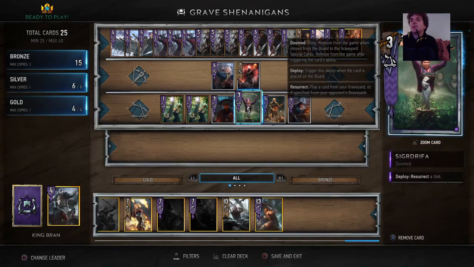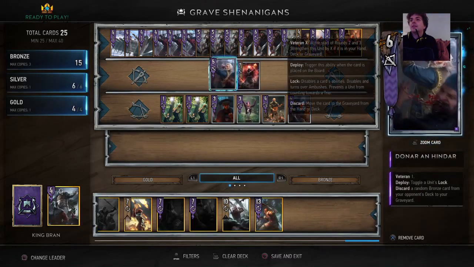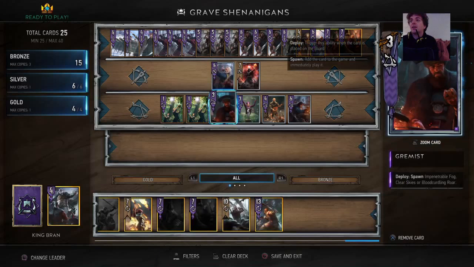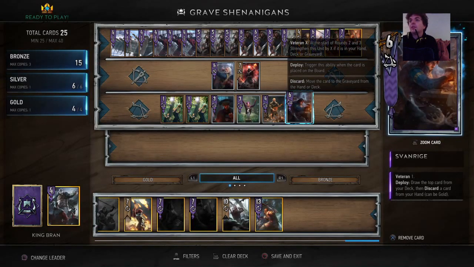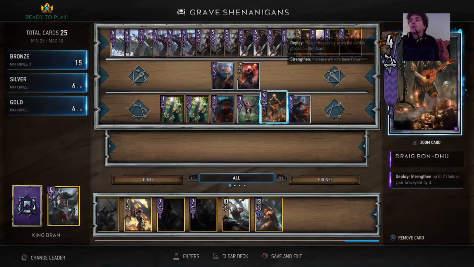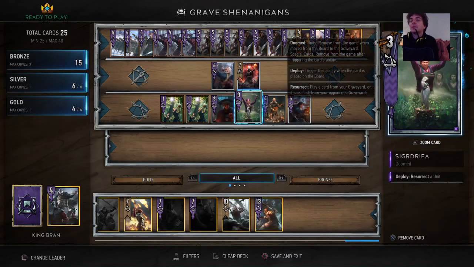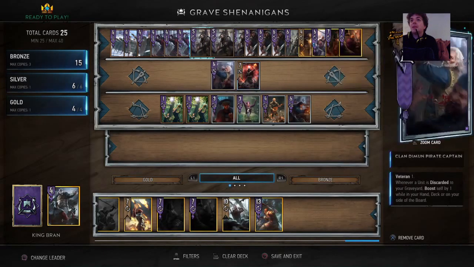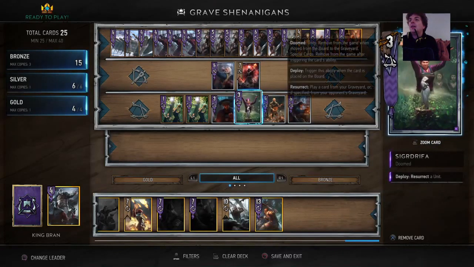Sigrdrifa, this is your only resurrection card that can resurrect silvers, and that's a big deal. You can't get your operator back, but you can get your Dawnmist and Hindar back, which gets you an extra lock, or Gremist, which gets you extra weather control, or Svarage, which gets you an extra draw and discard, or Draig Bon-Dhu, which I'll get into in a second. Being able to resurrect silvers is huge. Sometimes you might run out of other resurrection options and you need to get your Queensguard back. So, yeah,